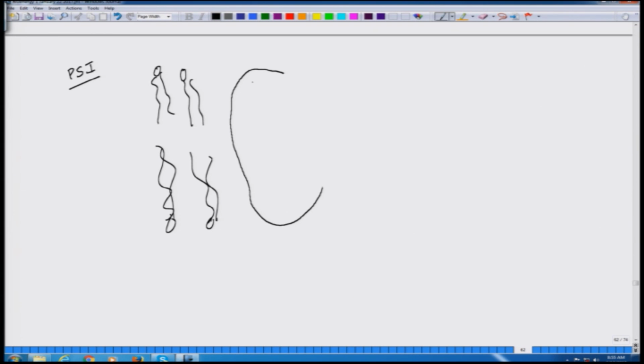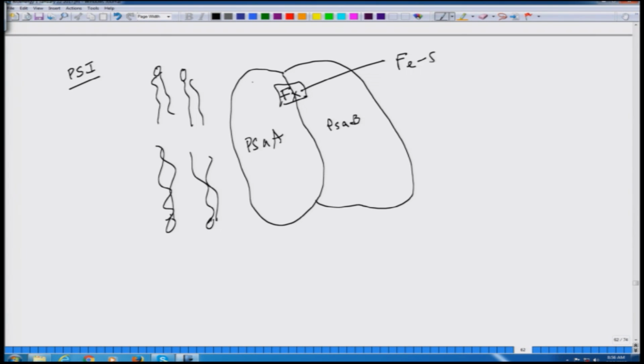So, you have this big chunk which is called PSA-A, and you have the other side which is PSA-B. You have this Fx, which is the iron sulfur cluster which is present there. Underneath you have this A0, you remember this A0 we talked about. You have the A1, these are the electron acceptors, and here is the main reaction center P700 which is present